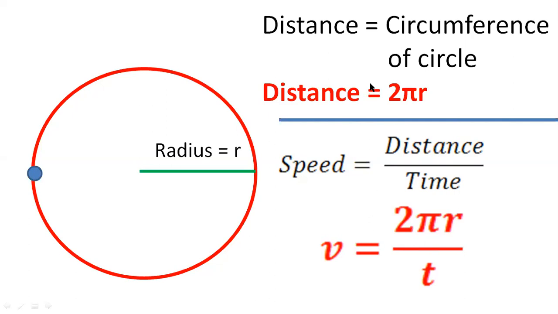These are the two formulas you need to use for solving circular motion numericals. The first formula: distance is equal to 2 pi r, because any distance traveled in circular motion would be the circumference. And speed is equal to distance by time, that is 2 pi r by t. All you need is the value of r. If you are asking what value of pi to put here, by default you take 22 by 7, but even if you take 3.14, it is up to you. The answer would be the same.